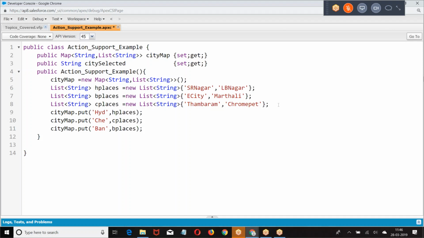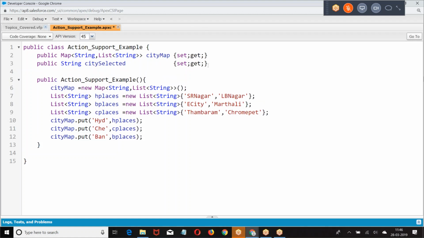I just created a map. City name with a list of places. Hyderabad, Hyderabad places. Bangalore, Bangalore places. Chennai, Chennai places. I just created a map.